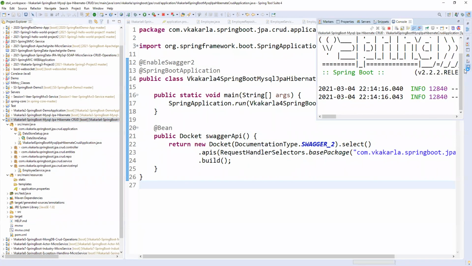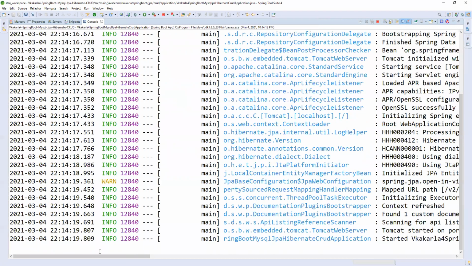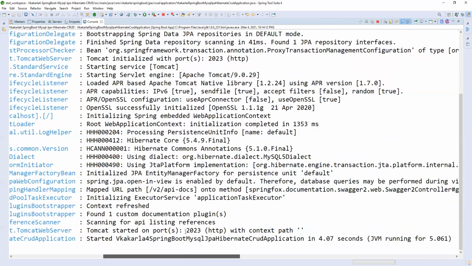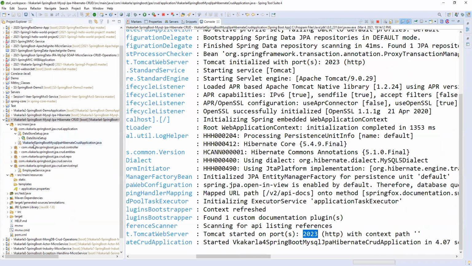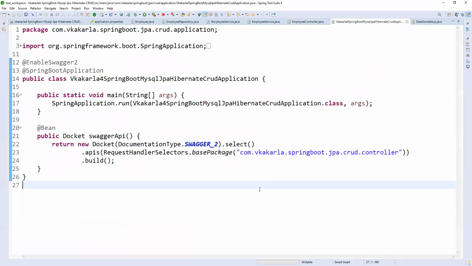Yeah, Raju, sorry. You were showing some class, an application class. It is started. Yeah, let me open the application class. Yeah, this is the application class. Is this mainly only for Swagger, right? No, not for Swagger.